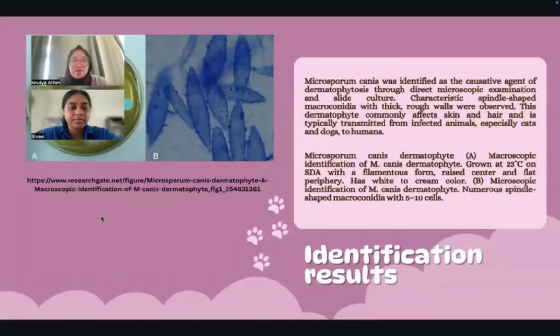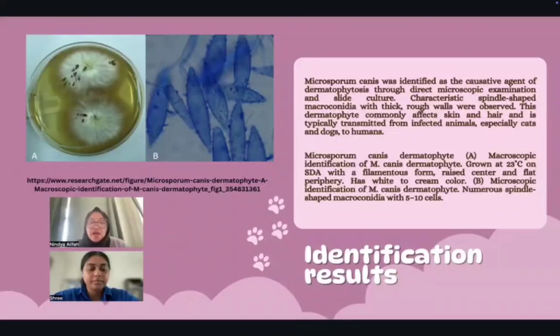Next are the identification results. Microsporum canis was identified as the causative agent of dermatophytosis through direct microscopic examination and slide culture. The characteristic spindle-shaped macroconidia with thick rough walls were observed. This dermatophyte commonly affects skin and hair, and it is typically transmitted from infected animals, especially cats and dogs, to humans. As the picture shows,